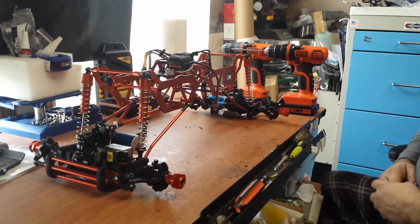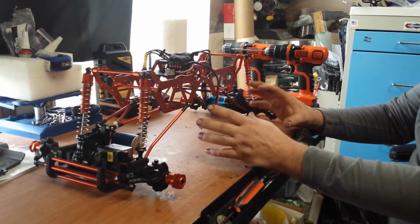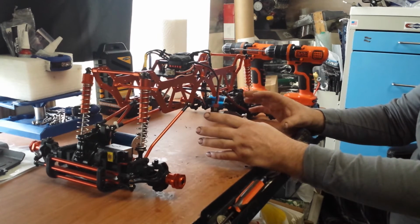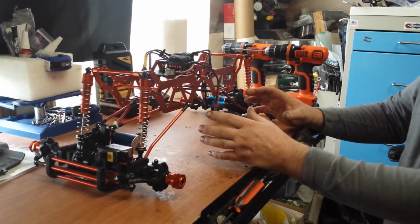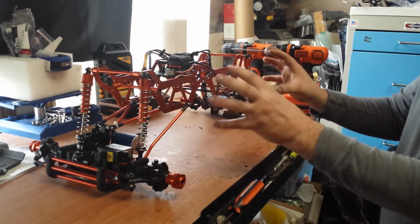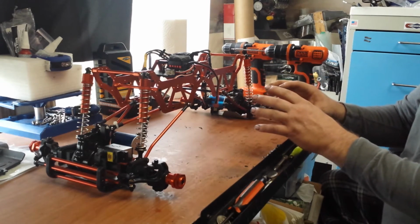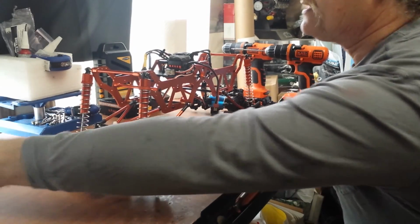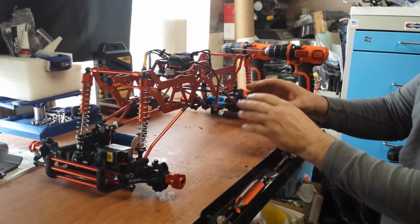All right, here's what I got so far. I got carried away with the build, and I didn't video all of it. I apologize for that. So I'll tell you what I've done so far. It's almost complete. The only thing left is the battery tray. So we've got to figure that out. What's been done so far